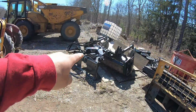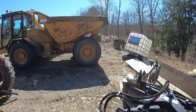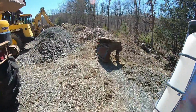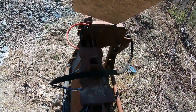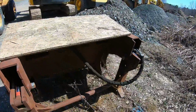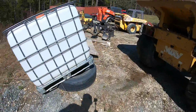So we have, you guys have seen that before, the Harley Rake. I have this other attachment that I never even used. I bought it and don't use it. It's wicked heavy duty for picking up logs in the woods. And it has a thing that a winch could go on right there, a receiver. But this thing will grab logs and you could go around with them on and move them. For the skid steer,